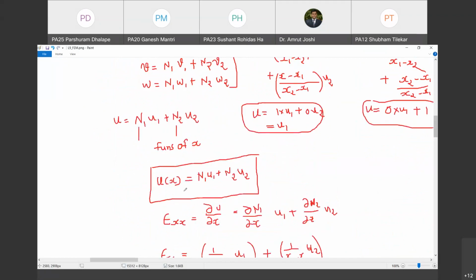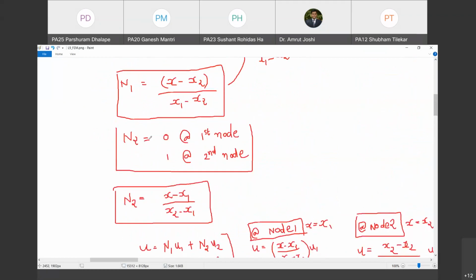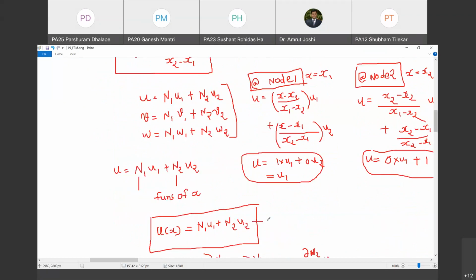Okay, so this is a constant strain element. Now look at the displacement. If I look at u of x, it is n1 u1 plus n2 u2, but n1 and n2 both are first order functions of x. So therefore u of x is going to be the first power function of x. Do you agree with me? It is going to be the first power function of x. It is not going to involve quadratic powers, cubic powers, or higher powers. Do you agree with me?